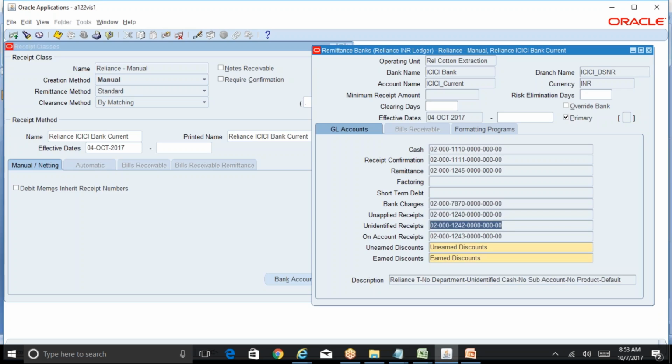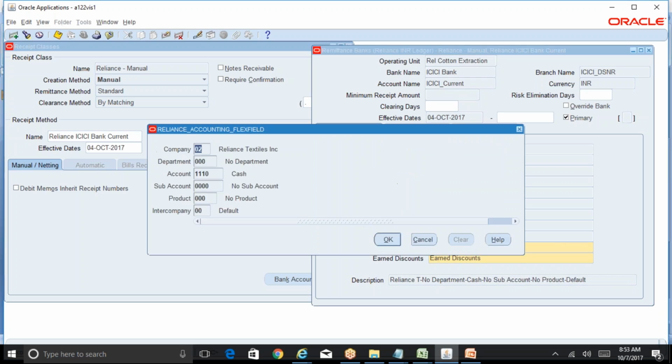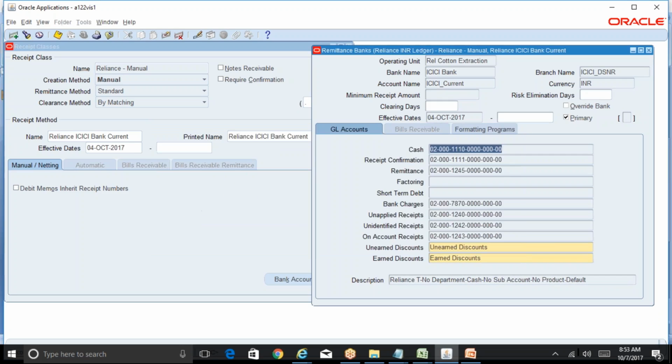So what has happened is in our current client, we have created this receipt class, receipt method, bank account, everything, saved everything, that's fine. And we started using this particular receipt method. After a couple of days, the user said that, no, I don't want to use this particular cash account, I want to change the cash account. But everything is grayed out. I cannot change that. So now the only option left for me is to end date this particular